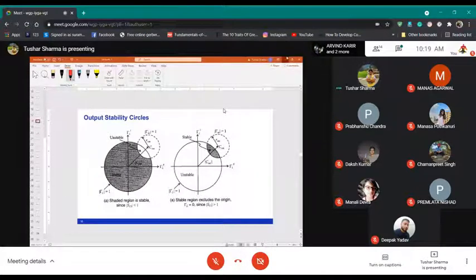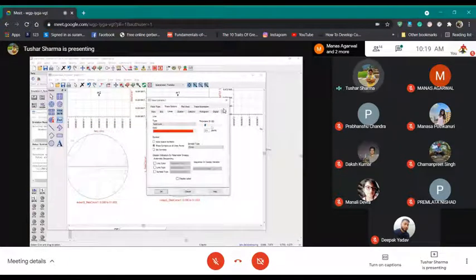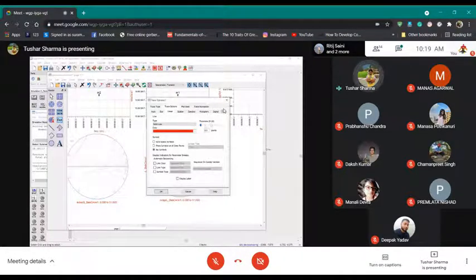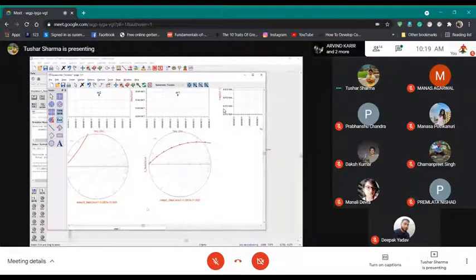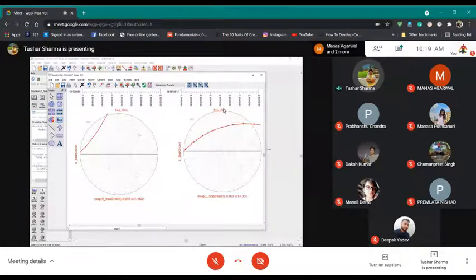So this is my stability circle at my frequency of operation. If you want to change the thickness, you can double click it and change it from here. Anyways, it means that at the source, all this area is fine.